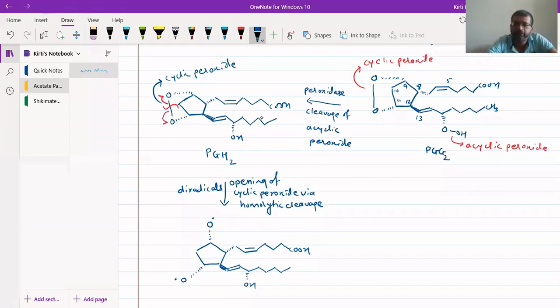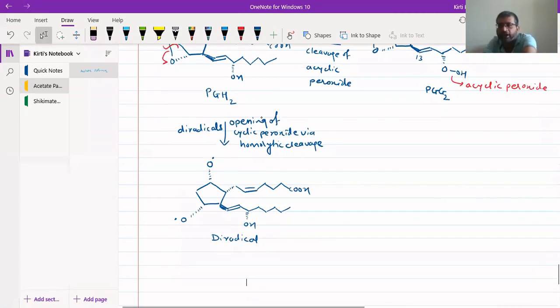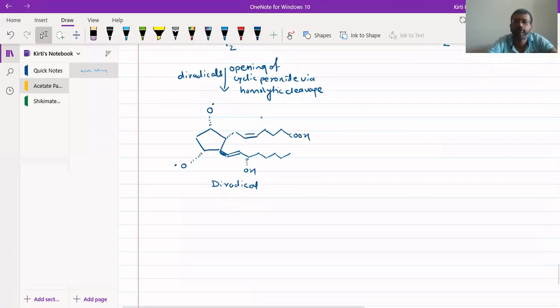ये जो डायरेडिकल बनता है, ये डायरेडिकल now it gives rise to all the other 4 types of prostaglandins, that is the D, E, F and I. All 4 we can get from this diradical depending on how the quenching happens. If 2 hydrogen atoms are added, one at each of these oxygen radicals, then we will get,